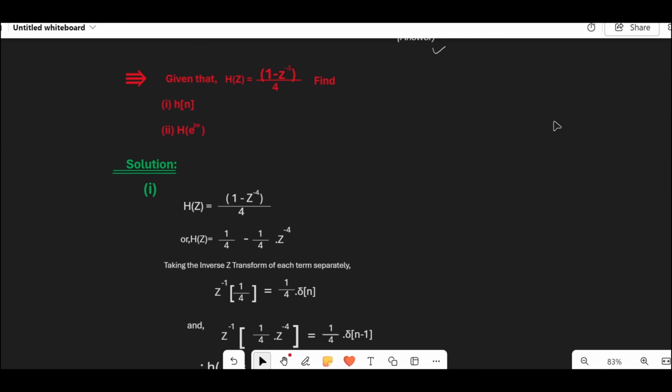The third problem is: given that H of z equal to 1 minus z to the power minus 4 divided by 4, find h of n, that means the inverse Z transform of H of z, and H of e to the power j omega. Here H of z equal to 1 minus z to the power minus 4 divided by 4. We can reorganize this as 1 by 4 minus 1 by 4 into z to the power minus 4. Taking the inverse Z transform of each of them separately,